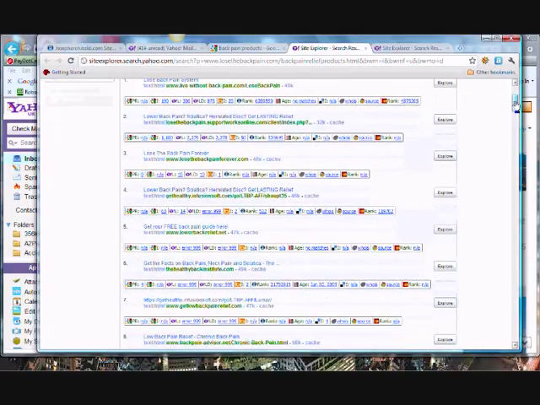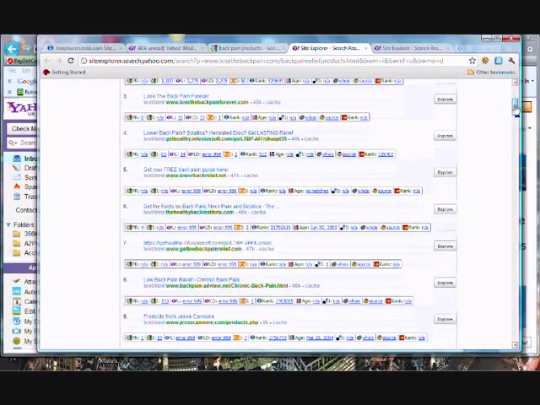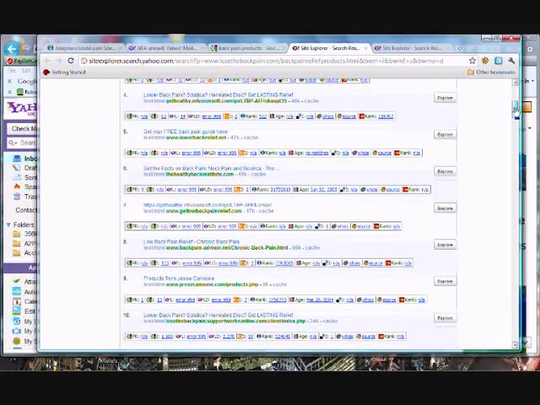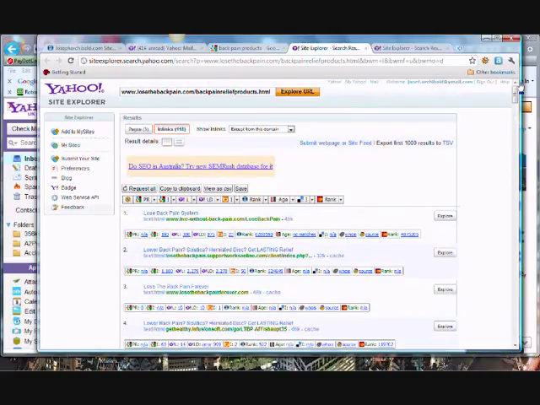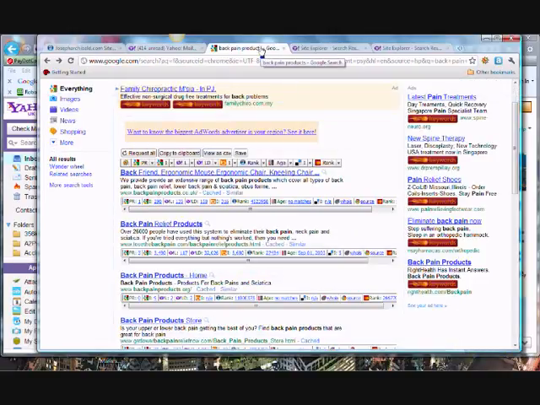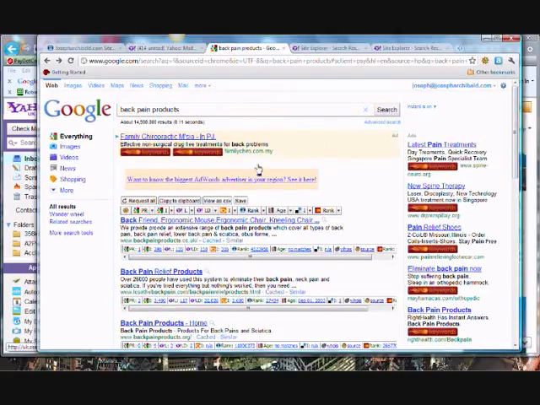Once again, it looks like they've gone to some extent to get links from relevant sites. So that's interesting. Okay, so we can see there that if we wanted to rank for this there is certainly some competition here. It's not just going to be a walk in the park, you know,